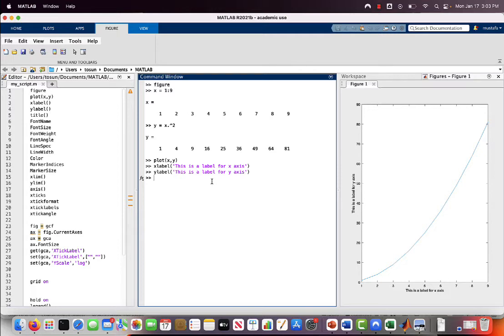And let's add a label for my figure, but this time let it be a title. To add a title, we can use the title function, and in that title function you can write your title. Let's say best title ever,